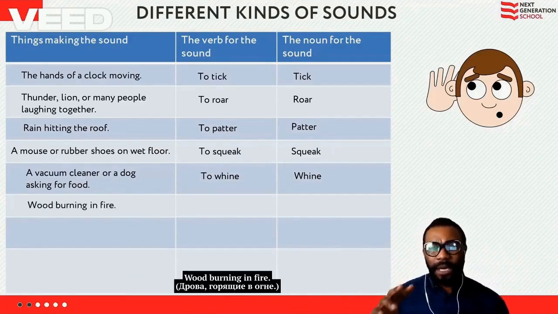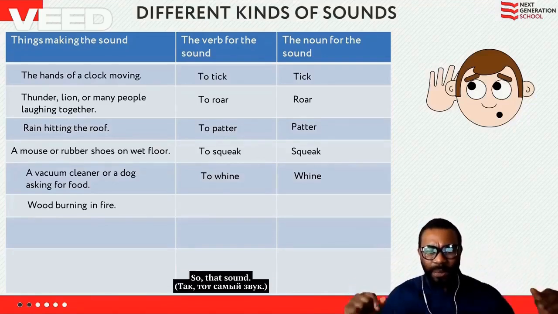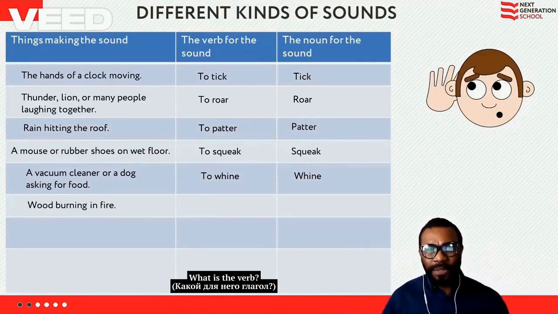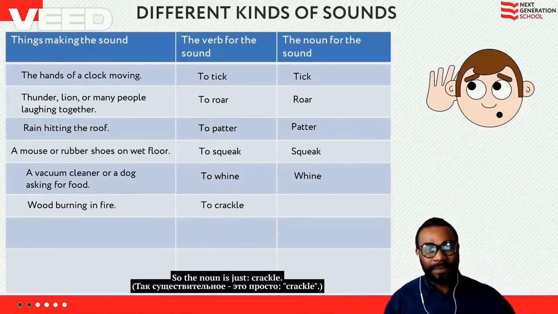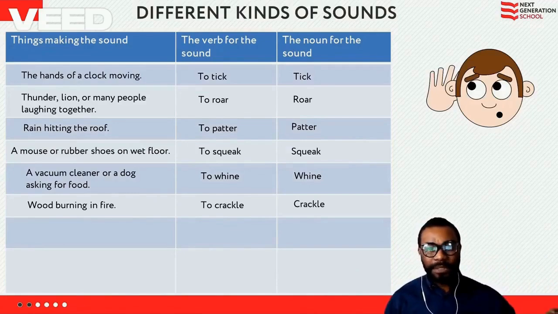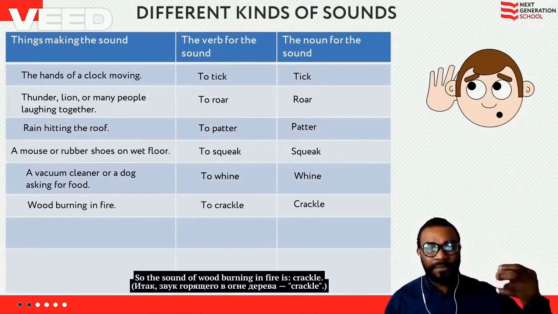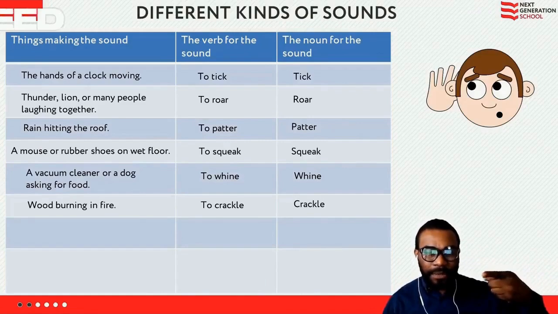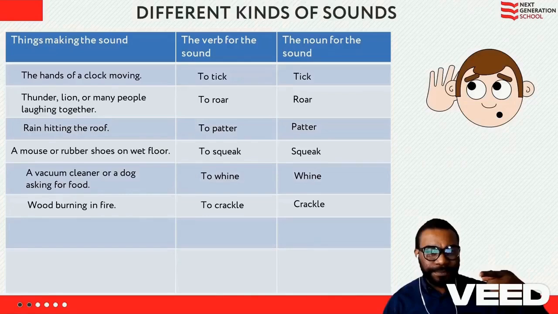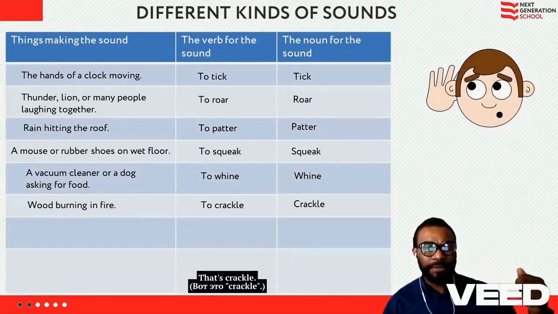wood burning in fire. So that sound, what is the verb? It's to crackle. So the noun is just crackle. So the sound of wood burning in fire is crackle. This sound. Crackle. The next one,